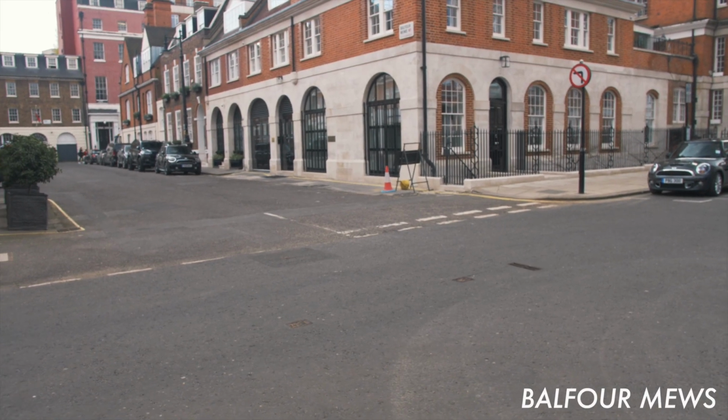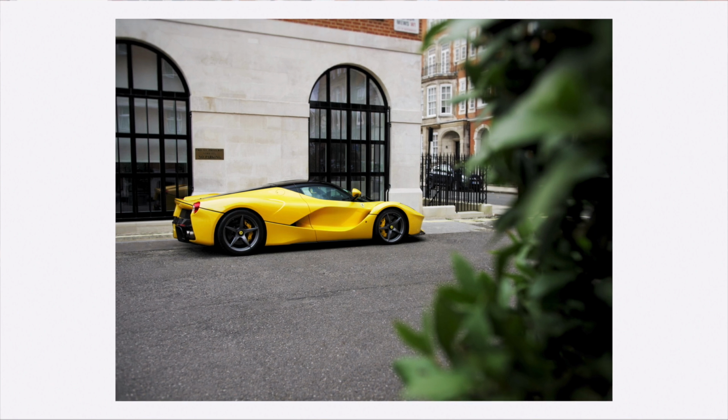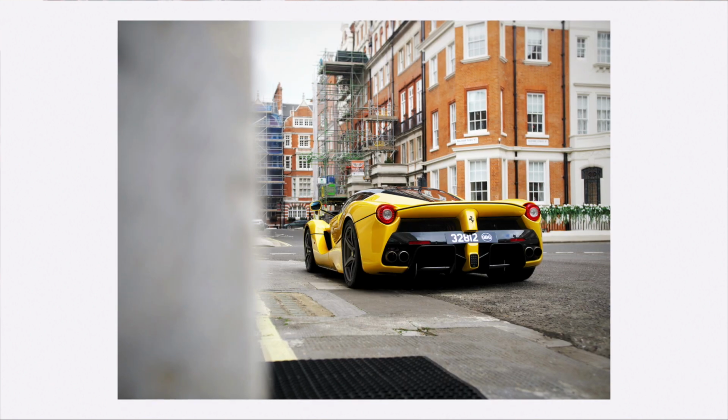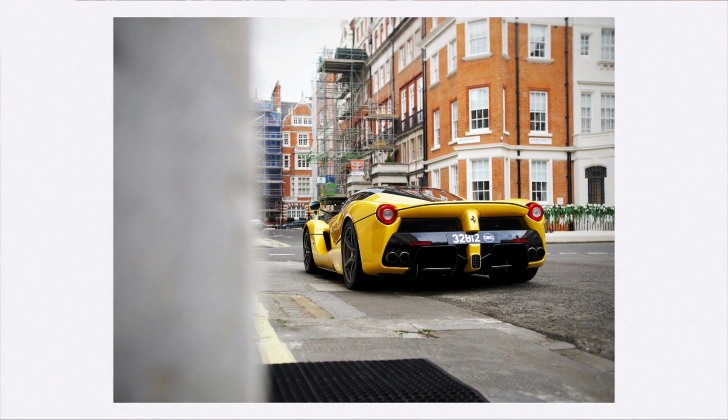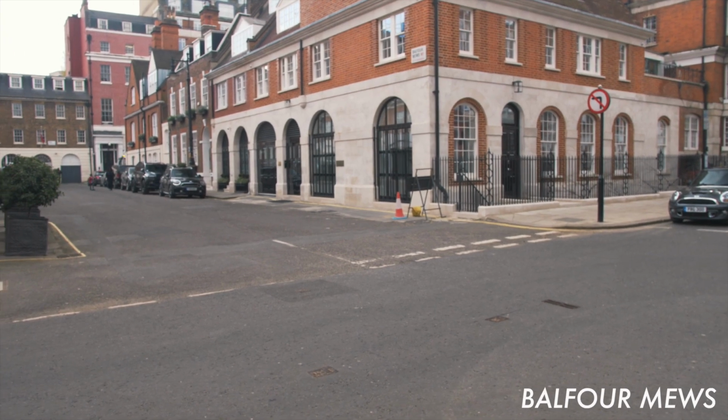Balfour Mews are also a good place to check here in Mayfair, because if you're lucky you might just see a yellow Ferrari LaFerrari, Ferrari LaFerrari Aperta, Ferrari SF90 or a Ferrari 488 Pista just parked up over in that spot over there. Mount Street is arguably one of the best streets for car spotting here in London, because there